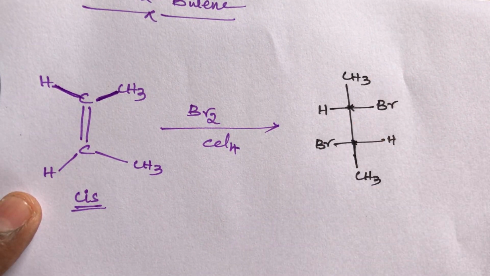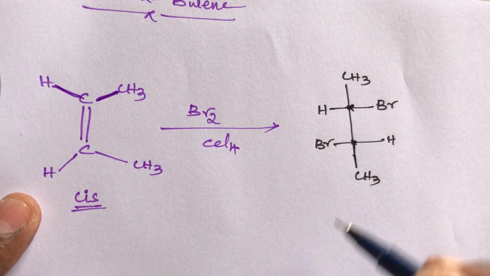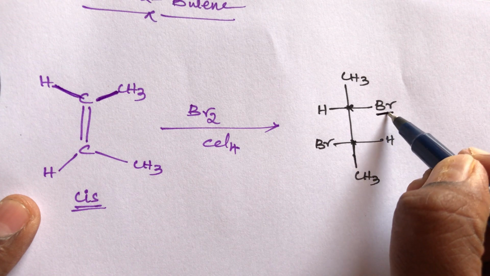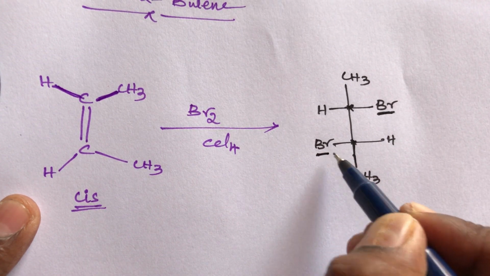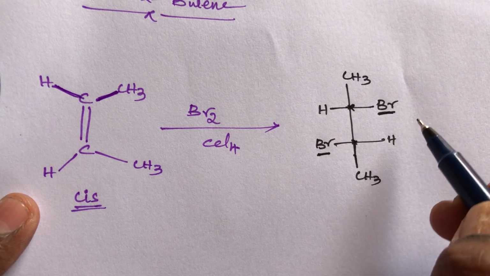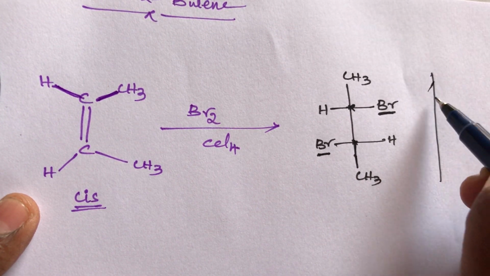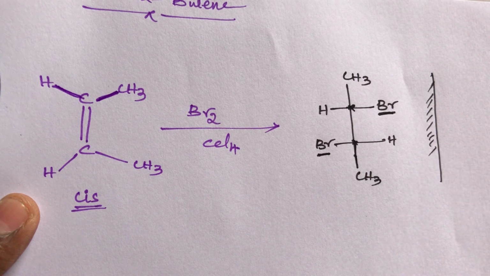It is a Fischer projection formula. In this Fischer projection structure, two chiral centers are there. One bromine is present on the right hand side, one bromine on the left hand side. These both are opposite to each other. It is an anti-addition reaction, and anti-addition reaction forms a racemic mixture. These and one more compound, it exhibits enantiomer. It exhibits mirror images to each other.